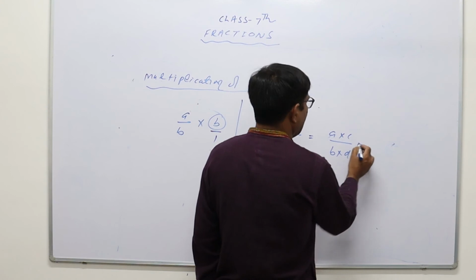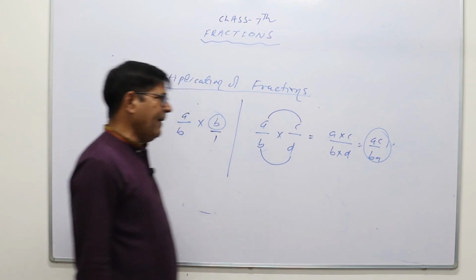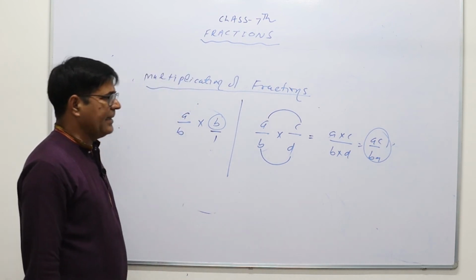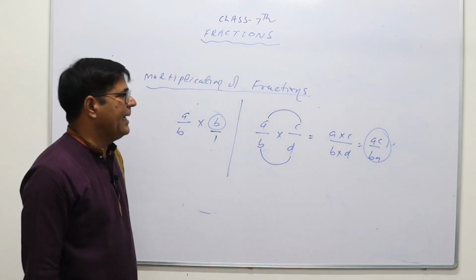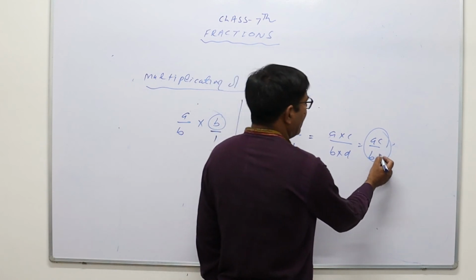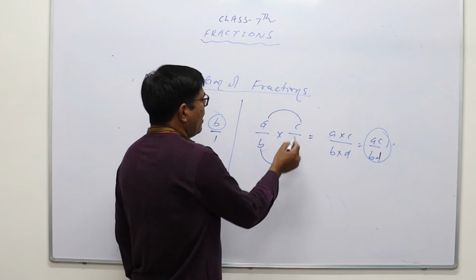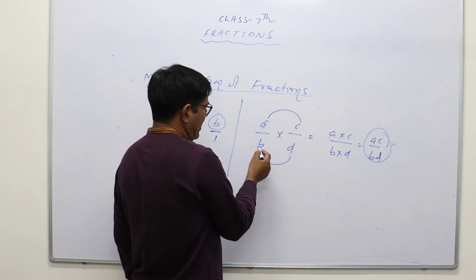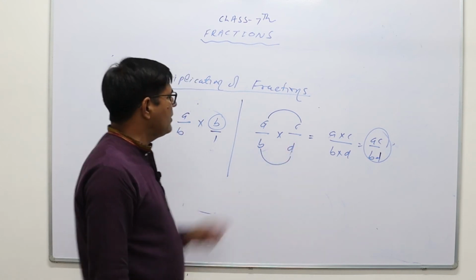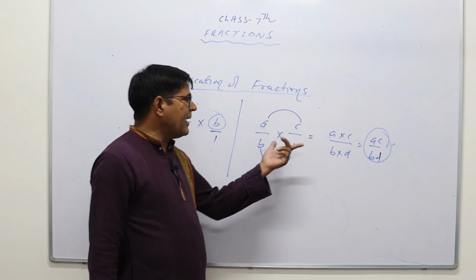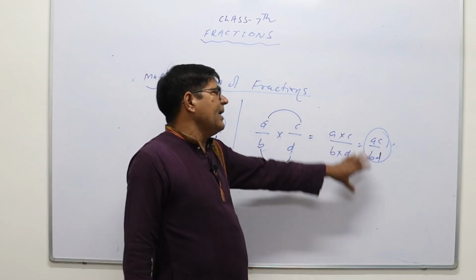When two separate fractions are given, multiply numerator to numerator and denominator to denominator, that is a into c upon b into d. So it will be ac upon bd, and if there is any common factor, then by dividing by that common factor we can reduce ac upon bd to its standard form or simplest form. So before multiplication, if there is any common factor in a and d or in c and b, then before multiplication you can divide by that common factor, or first you can multiply and afterwards divide by the common factor.